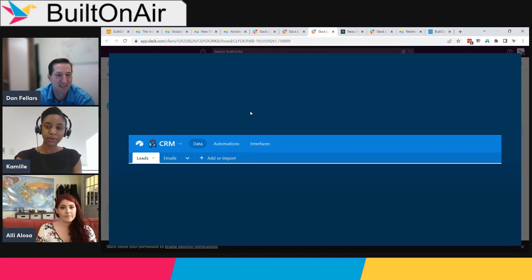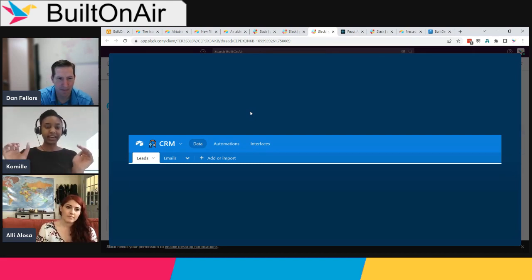I think I like the move. Right now, automations and extensions are options on the same line as your tabs for your different tables. So if you have a lot of tables, it's eating up not a whole lot of space, but some space in your real estate. And then interfaces is up at the top next to the name of the base. And it's,